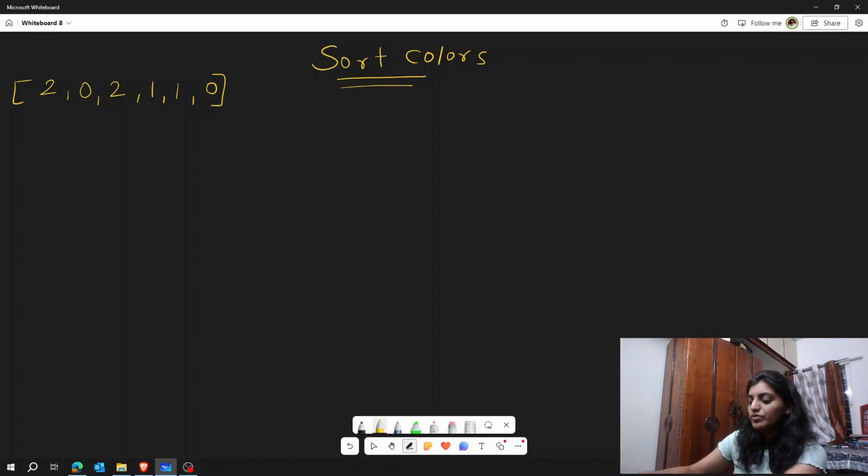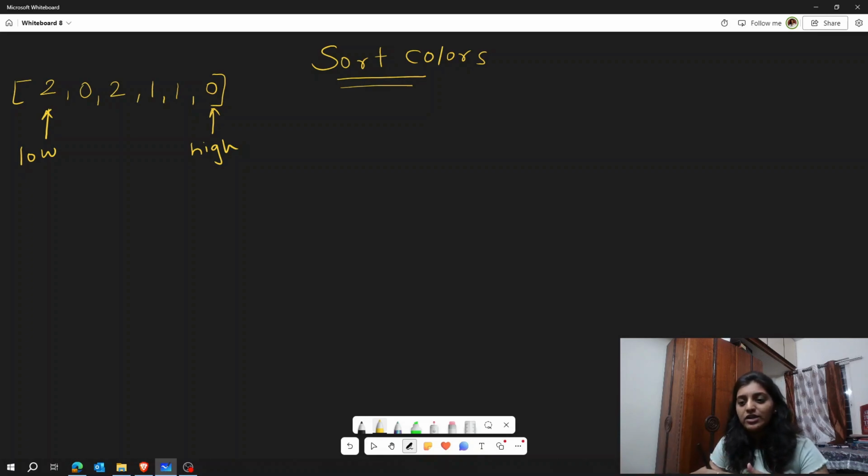We will have one pointer pointing to the start of the array, which will be my low. There will be another pointer pointing at the end of the array, so it will be high. But the Dutch flag algorithm has 3 colors, so we need 3 pointers to solve this problem.